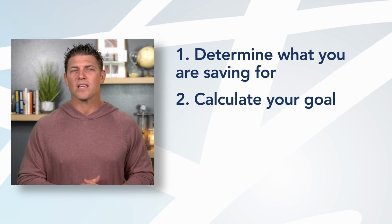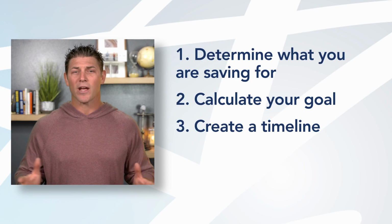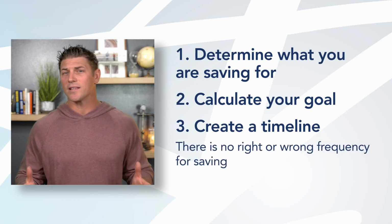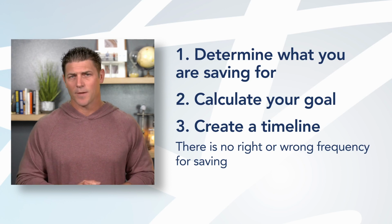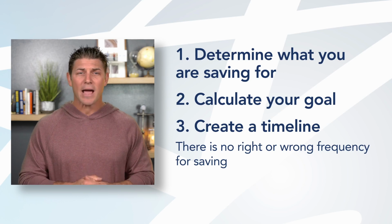Moving on to step number 3, create a timeline for funding your savings goal. The good news is there isn't a right or wrong frequency for saving. For example, you can choose to save monthly, bi-weekly, weekly, or even daily if you'd like. The process is really simple. Just take your savings goal amount and then divide it by the amount of time you have until you need